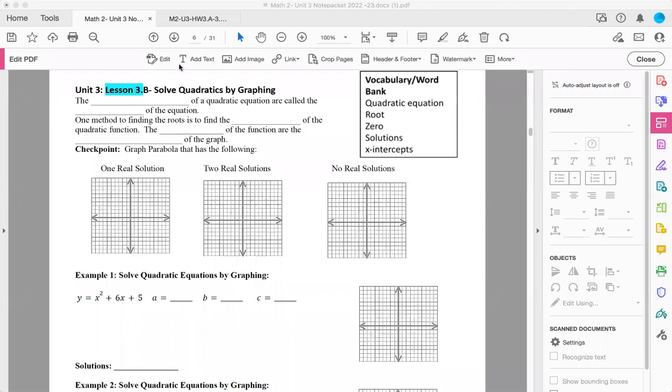Hey guys, so this is a quick lesson on 3B, which is solving quadratics by graphing. There are different ways of solving quadratics, and solving quadratics means find the solutions, which basically are the x-intercepts. So when we say solve, it means find what x is equal to when the function is